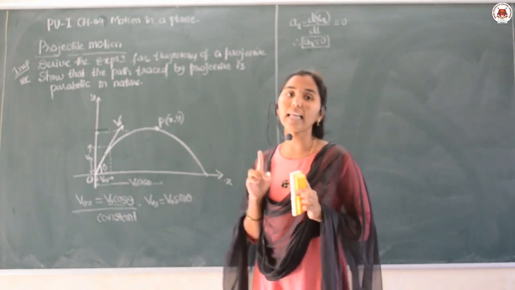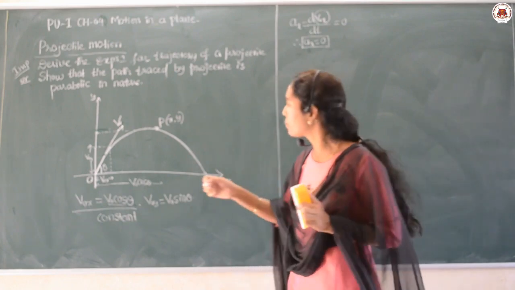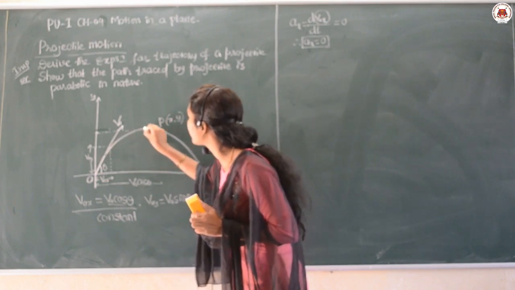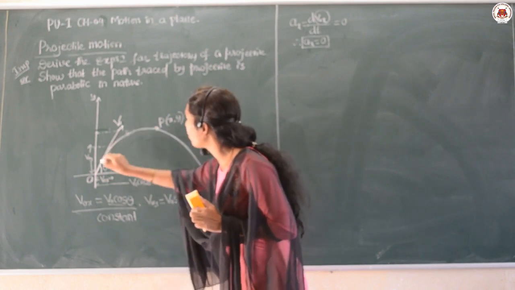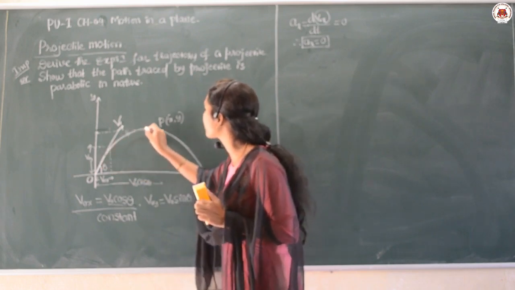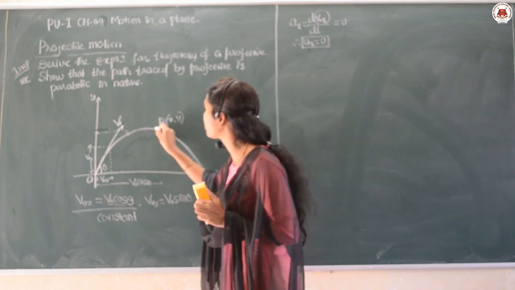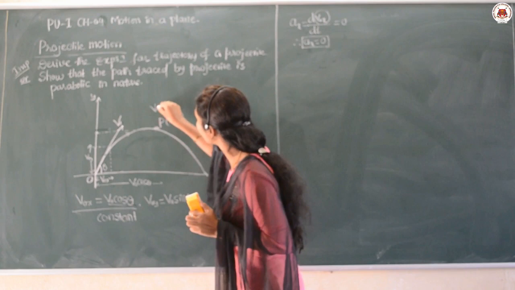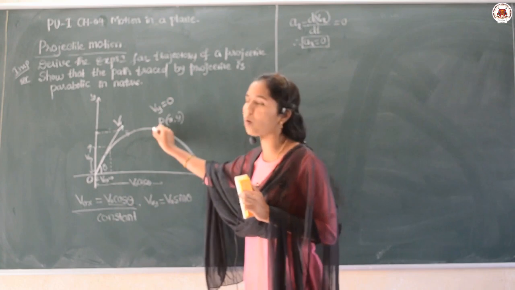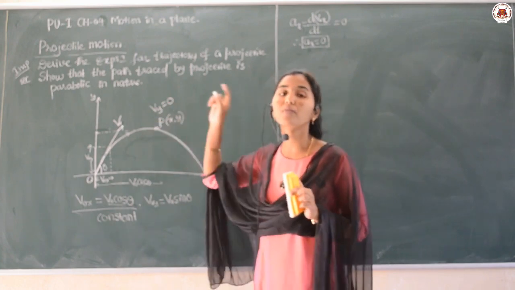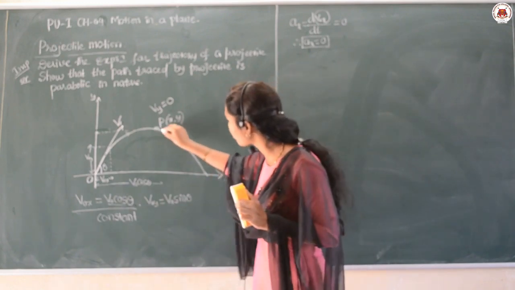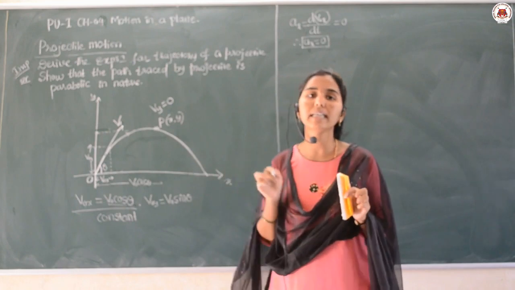But the projectile has the vertical velocity, which is slowly decreasing as it moves during the projectile motion, until it reaches the maximum point where the vertical velocity will be 0. Remember, at the highest point the vertical velocity of the projectile remains 0. Then as you move from here, again its value changes.